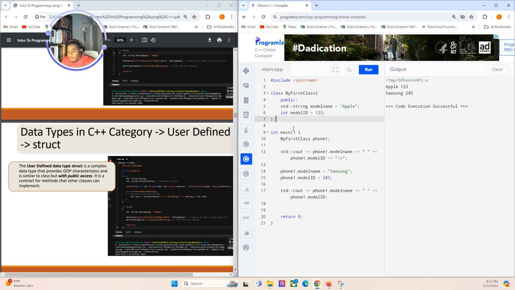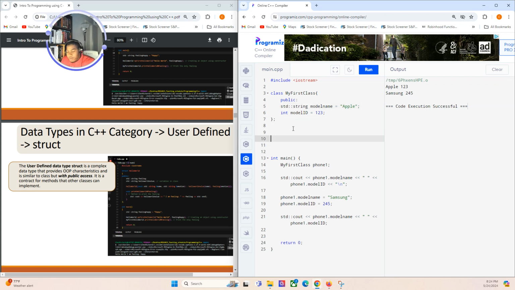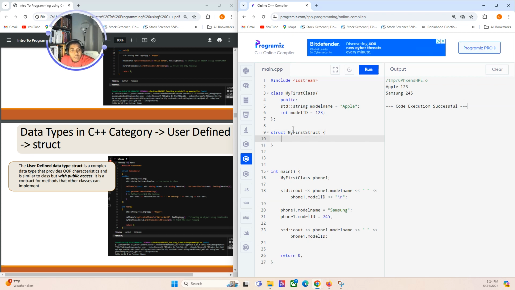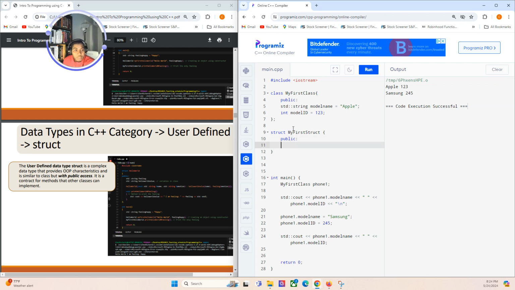Okay, so let's make our second user defined type, and it's a struct. Let's name this my first struct. We need a curly brace, so it's kind of similar to Java. And it's always public, so now we could do the public keyword here, public access. And then std,